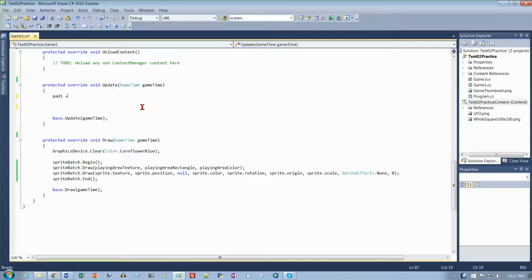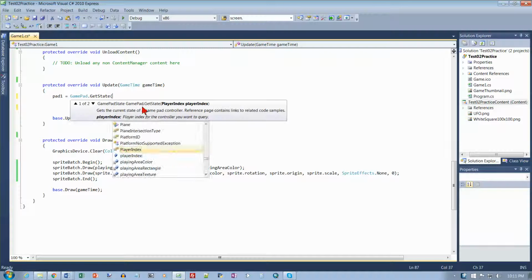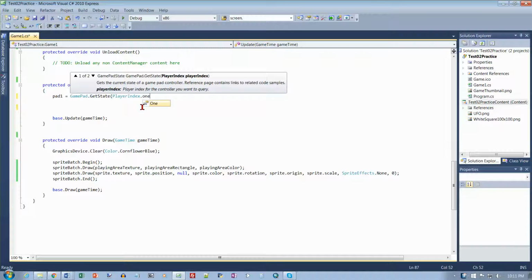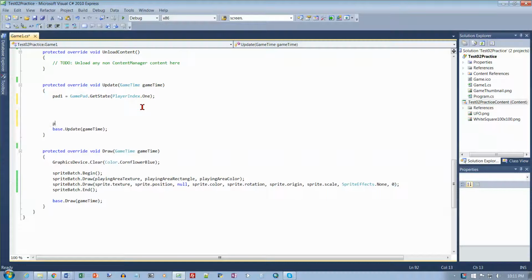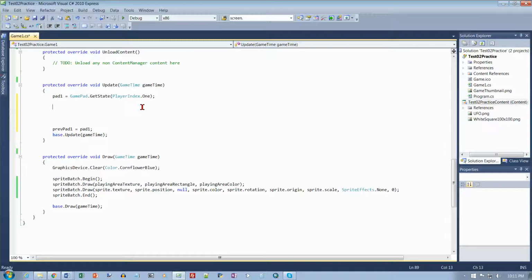So pad 1 equals gamepad dot get state, dot 1, and then down at the bottom here, the last thing I'm going to do is previous pad 1 equals pad, so I can tell when it's changed. And after I've read it up here, I want to check the x